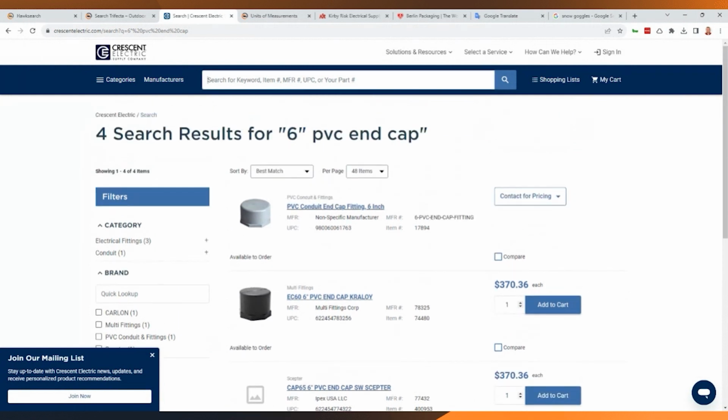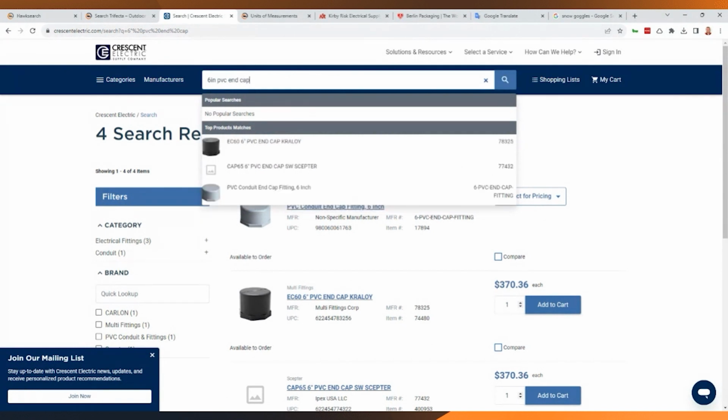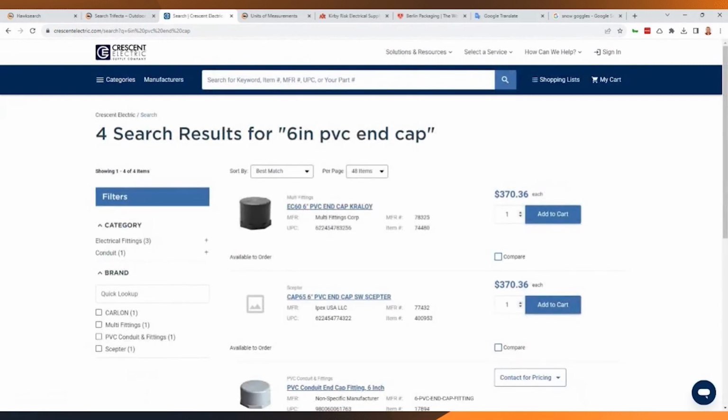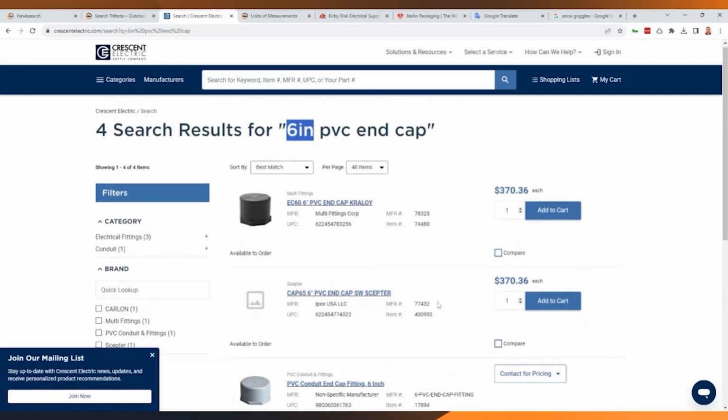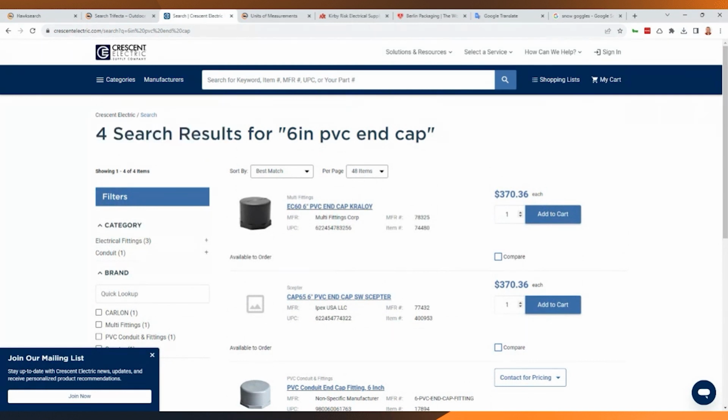So to understand that, if I say that I'm looking for 6IN PVC end cap, so go ahead and not use double quotation, not use INCH. Put that as one word. We're not putting a space in there, which is also another thing that will usually trip up a lot of search engines. With HawkSearch here, we understand that this is a pattern, 6IN, that can mean 6 double quotation, can mean 6INCH. And so we're getting the same 4 search results, even though I'm now using a data point that doesn't actually even exist in their catalog, but the tool understands what the actual intent is there.